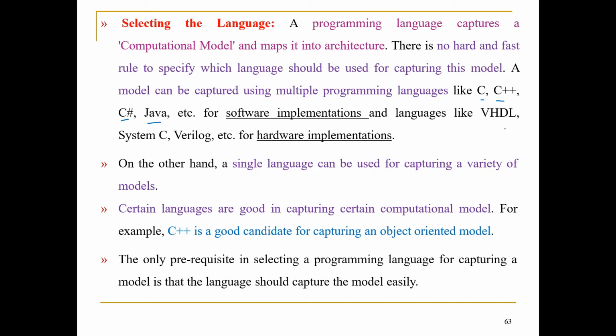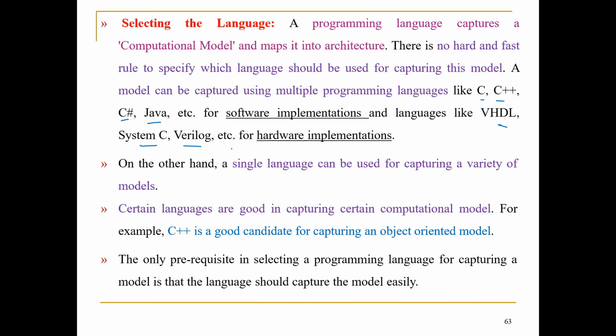You can go with VHDL, SystemC, Verilog. Any of the languages can be taken by you or by the manufacturer, depending on his flexibility with the language that is known to him. So he can go with any of the languages. There are no issues with respect to the language he has to take in order to implement the software part of the